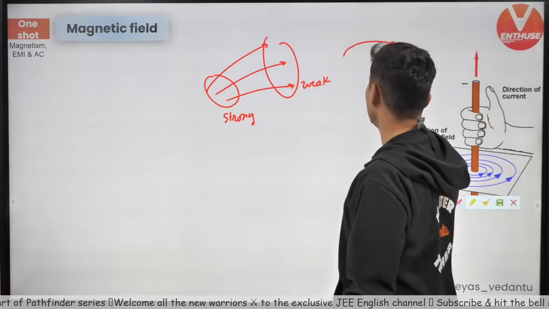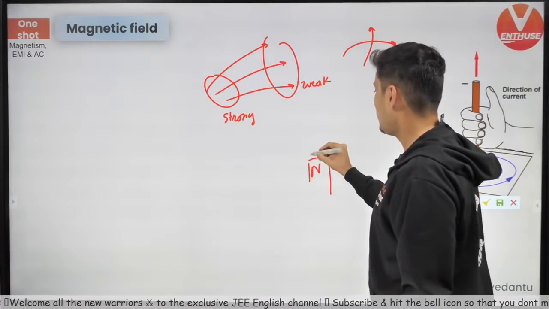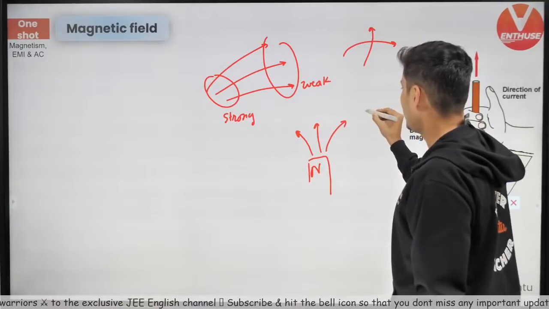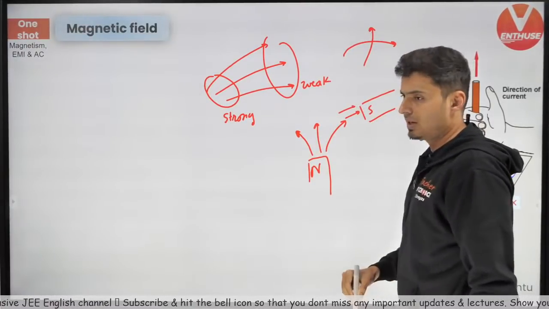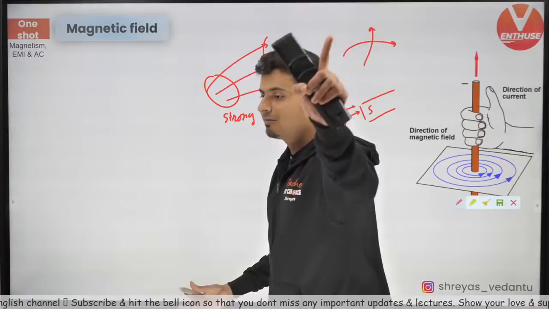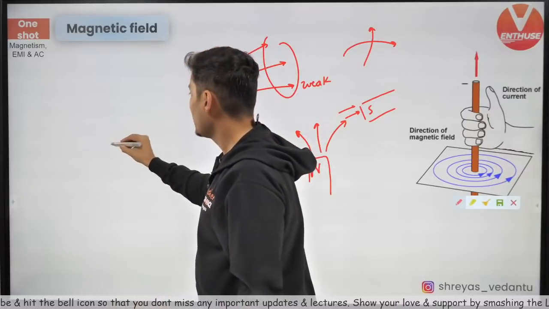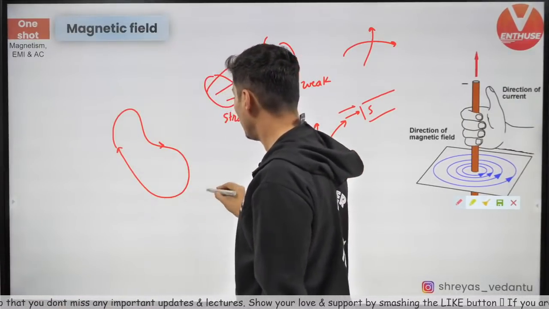You will see magnetic field lines also never intersect. Also, if you have a north pole, then the magnetic field lines will tend to appear from the north pole, and they will obviously tend to go inside the south pole of some other magnet or maybe the same magnet. Very good. I can see closed loops. Perfect. You remember it. See, magnetic field lines will always be in the form of closed loops, but this is